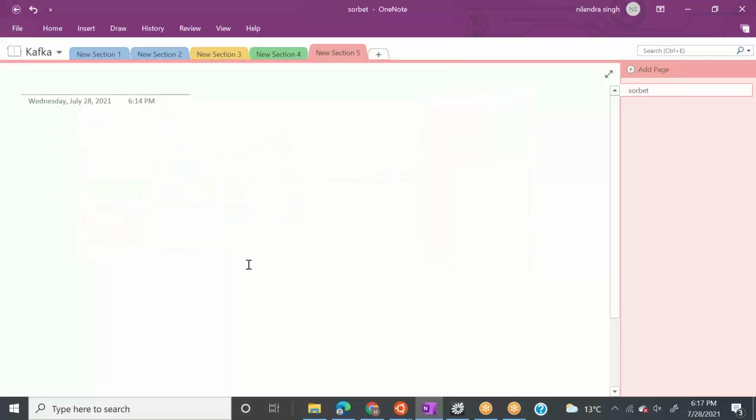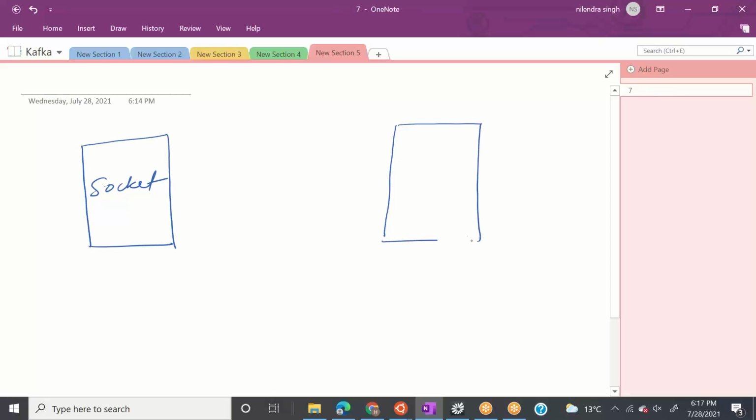It means that I have one application that is producing some messages, which in our case I have mimicked with a socket, right? And one application that is consuming the messages, which in our case was structured streaming, right?